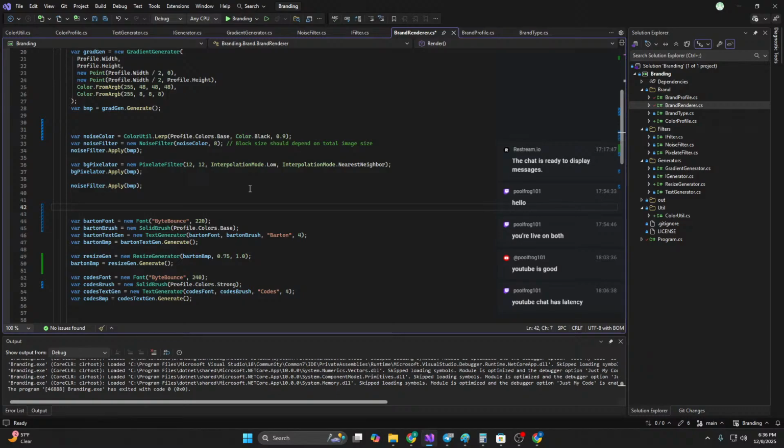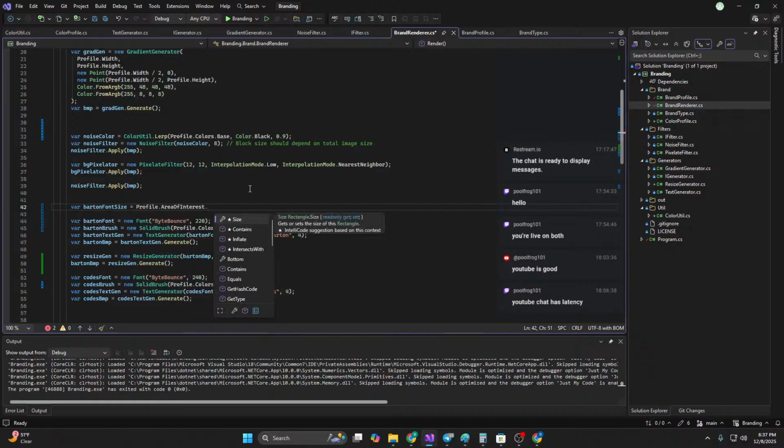So if my area of interest is going to be our profile's area of interest dot size, I want dot height divided by